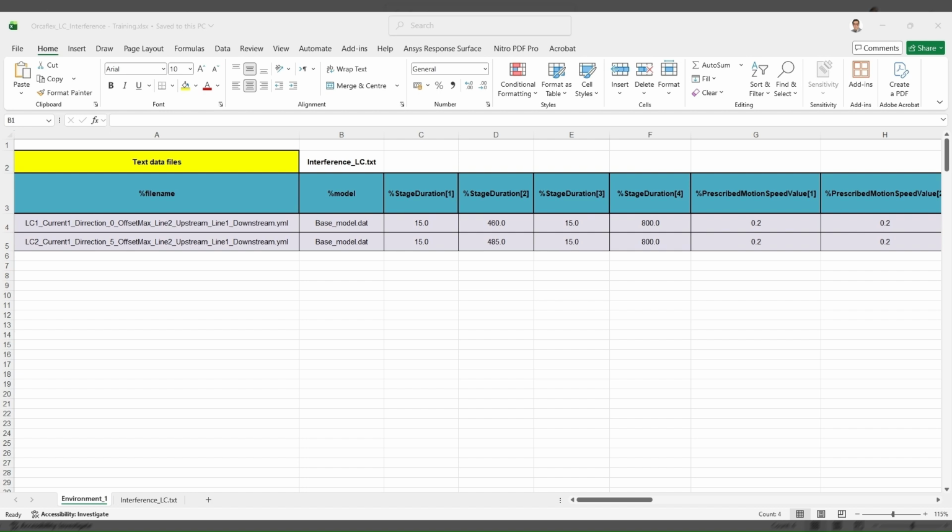In OrcaFlex, line clashing is only calculated when clash checking is active and the contact stiffness is non-zero for both potentially clashing sections. So if I want to check interference along the full suspended length, I need to activate clash check for all relevant sections of both lines.